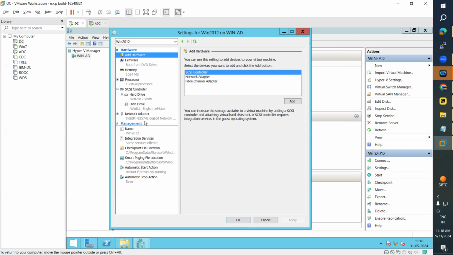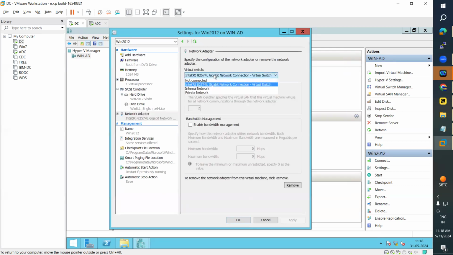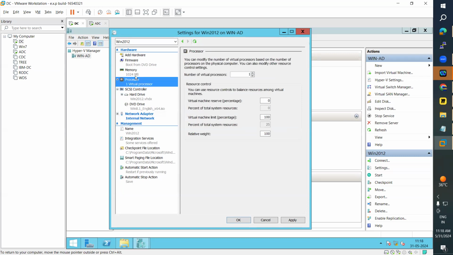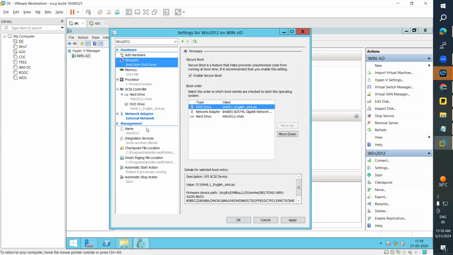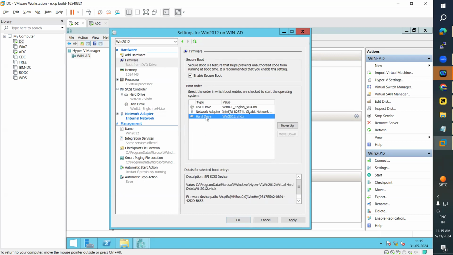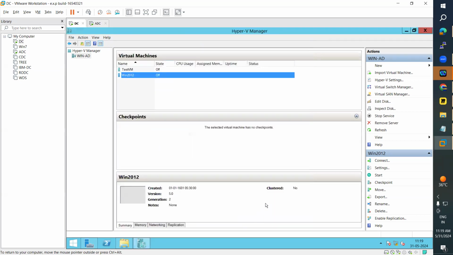For example, for an existing virtual machine, I want to change the network to internal. And you can change anything, like processor, memory, firmware, and hard disk. Is there a hard disk here? Yeah, hard disk. Okay, apply. So this is how we create